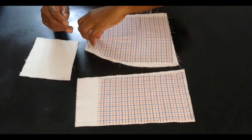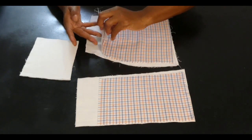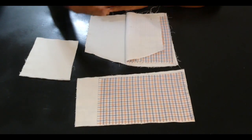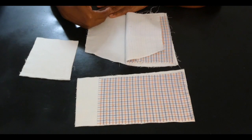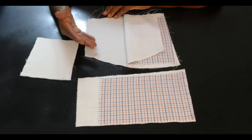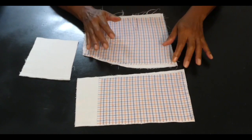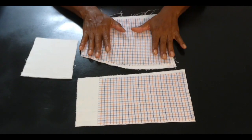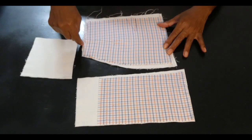If not, there's also a second option, which is you go ahead and you cut the top without stitching the dart. So both pieces you cut exactly as is with your dart allowances. You cut it and then you could stitch both darts on each piece and it would line up. So this will be the front section. So you have one section with a dart and one section without a dart. So I'm going to go ahead and either do a dart